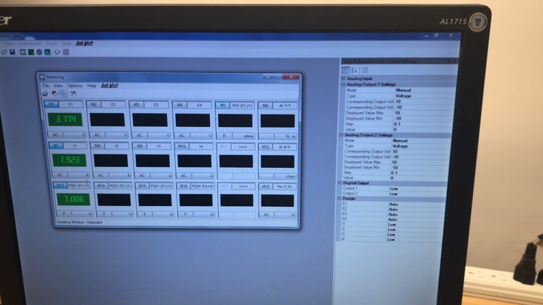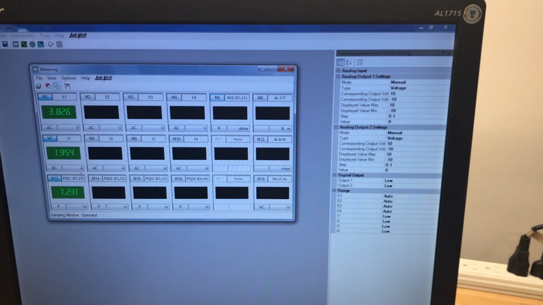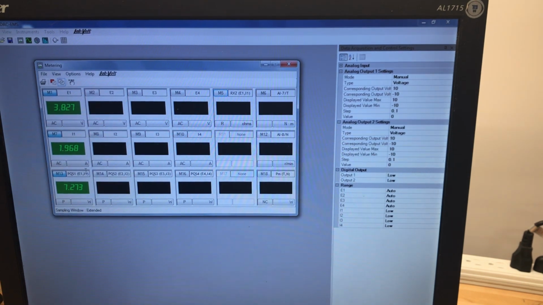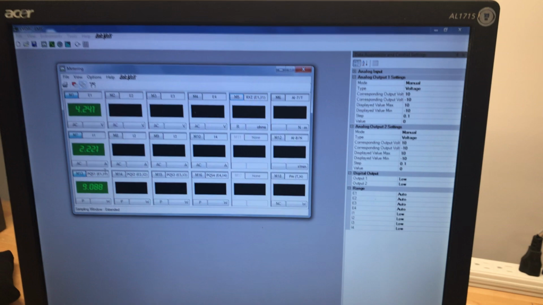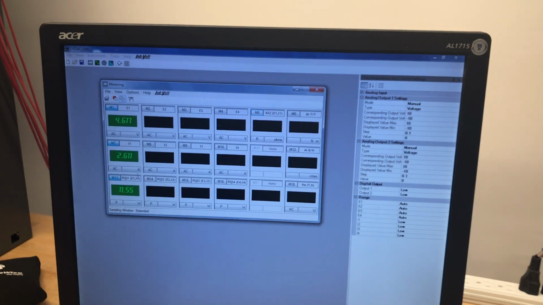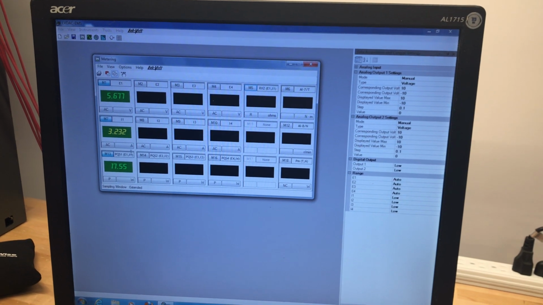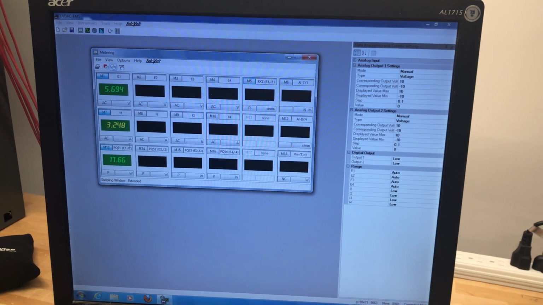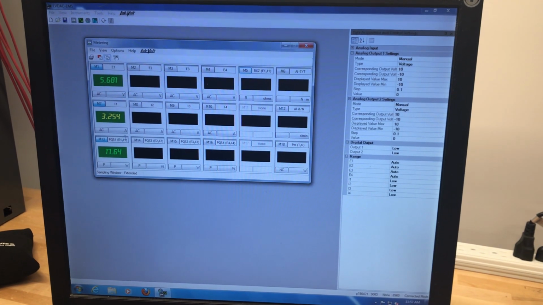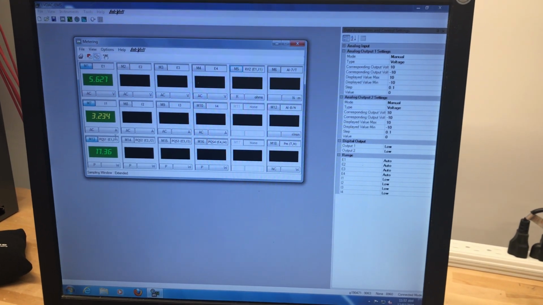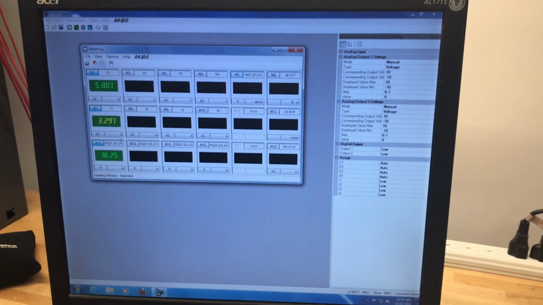Voltage 3.8 and the current is 1.9 and the power is 7.3. Let me increase more. The voltage right now is 5.7 and the current is 3.25 and the power is 17.67 or around. Let me increase more,